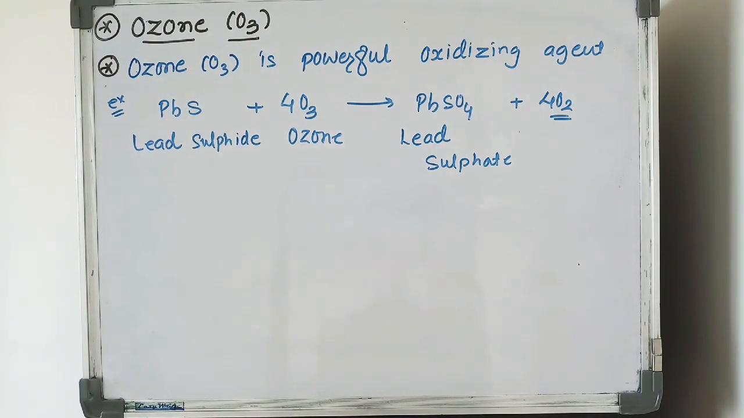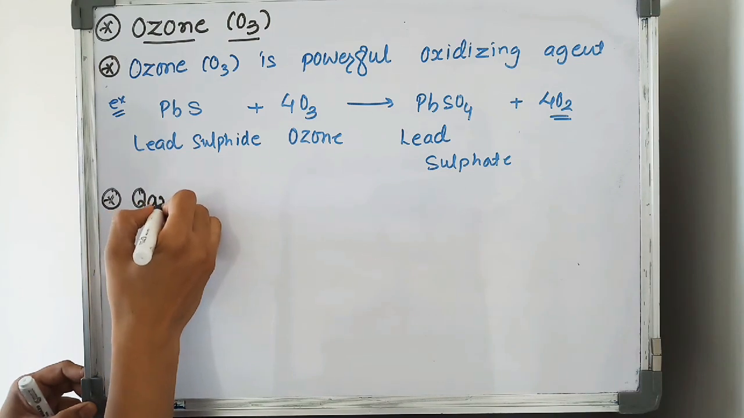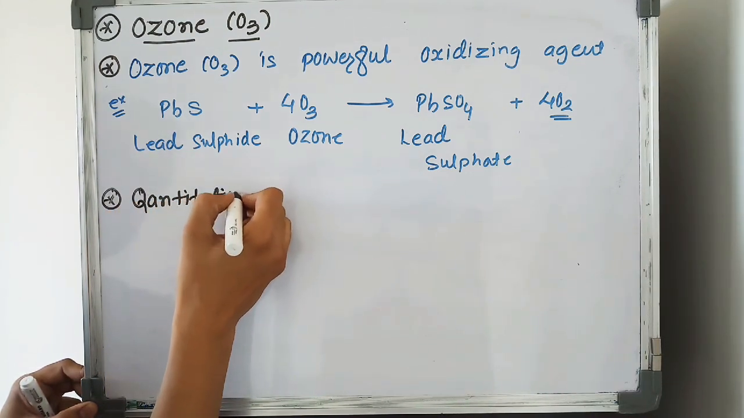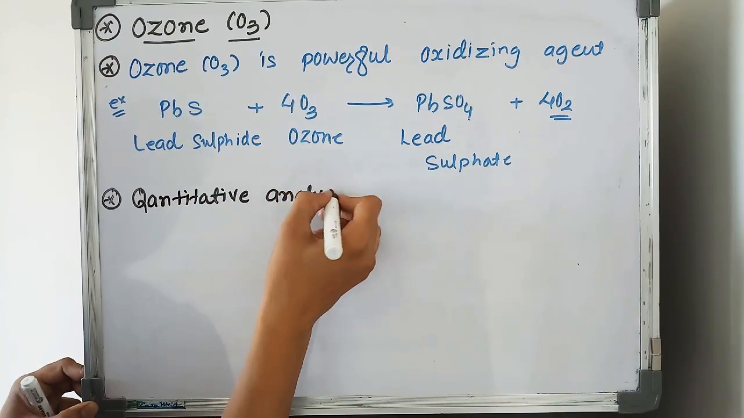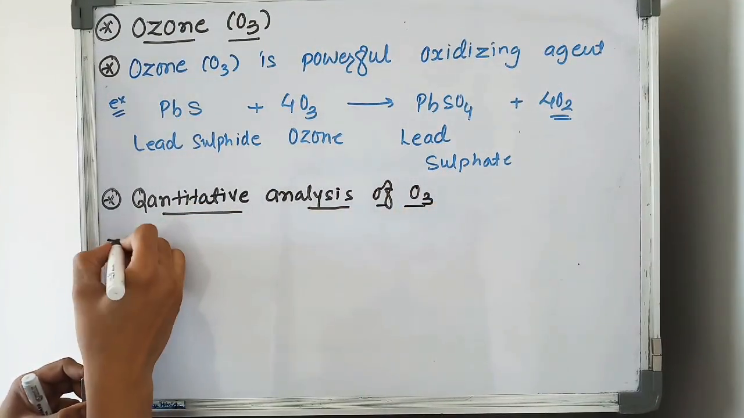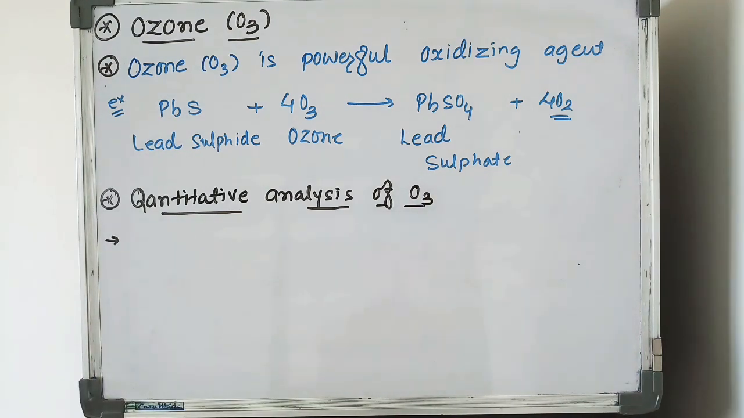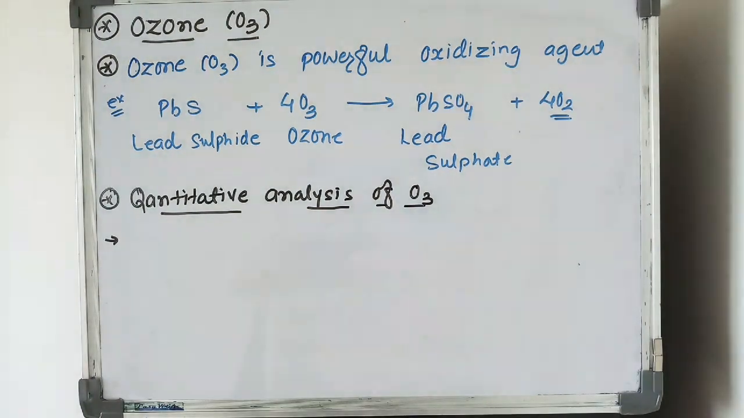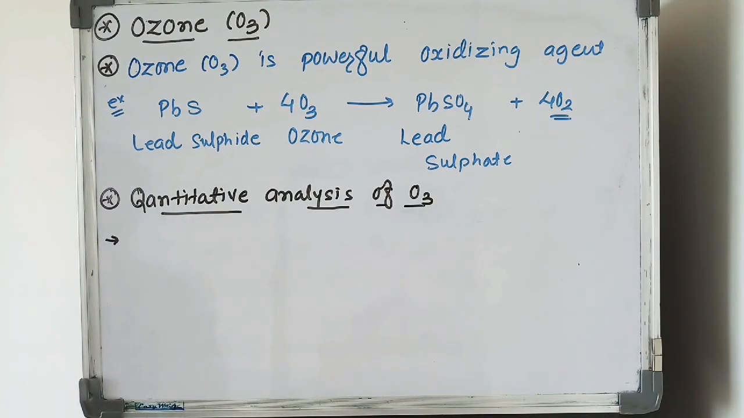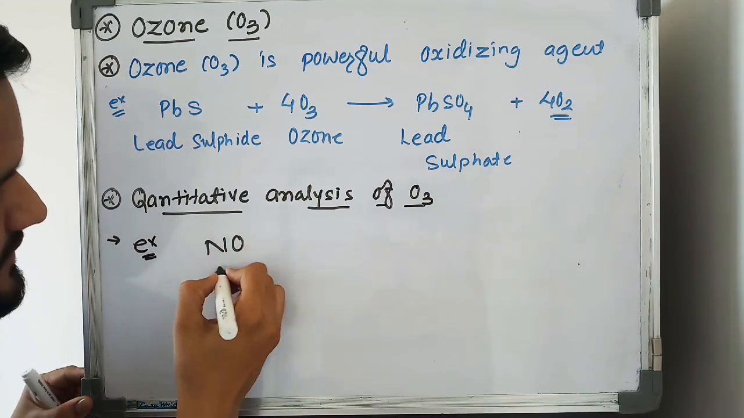Now, in this ozone topic, it is also like quantitative analysis of ozone. In our laboratory we carry out two types of analysis. First one is qualitative and the second one is quantitative. In quantitative analysis we measure the quantity of a particular substance. So this is called the quantitative analysis of a substance. And in this quantitative analysis of ozone, an example is nitric oxide,